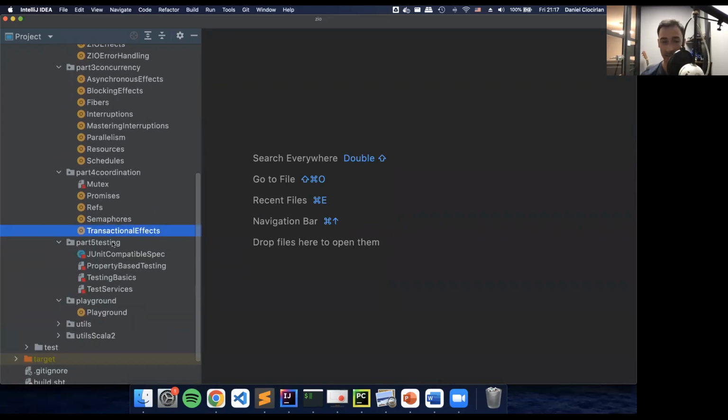And at the end of the course, I explore a testing chapter with all the testing functionalities that ZIO can offer, with some essential test services, the built-in test services which can replace the built-in ones, some property-based testing, compatibility with JUnit if you want to run it in a development environment like IntelliJ, and so on and so forth. So in total, we write more than, I think it's 3,000 lines of code in a couple of days, which is quite compact, and if you want to solve the exercise yourself, you would probably end up with a little bit more than that.